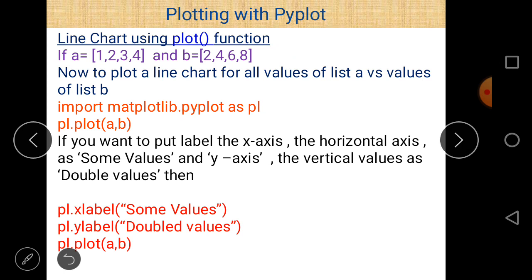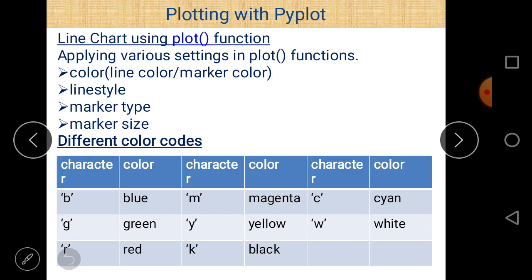Second is line chart using plot function. If you want to draw a line chart using the plot function, there are some other parameters also. You can change the color for the line as well as for the marker, and you can change the line style also.